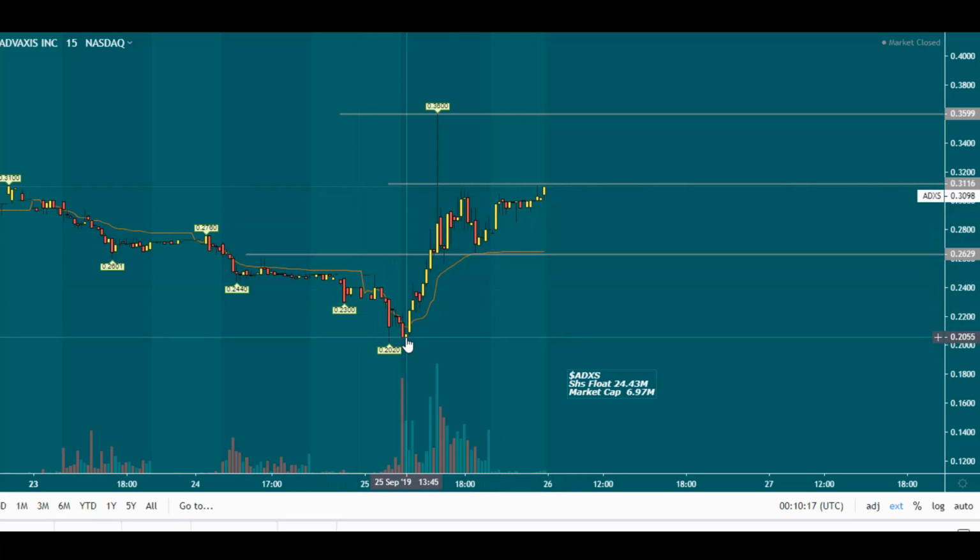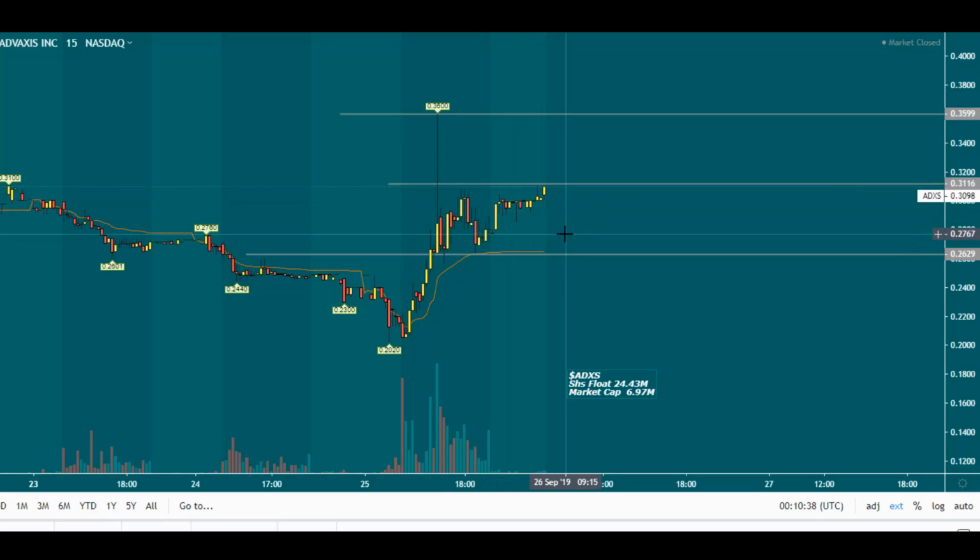You can see that when we did open at market open, we opened at 20 cents and we ran all the way up to 36 cents before pulling back to this support area at 26 cents. We ranged inside this zone, and then at the end of the day and after hours, you can see this shaded area. We just kind of ranged and went up, touched the median here,